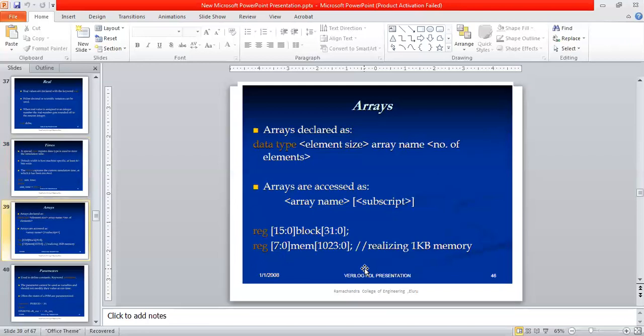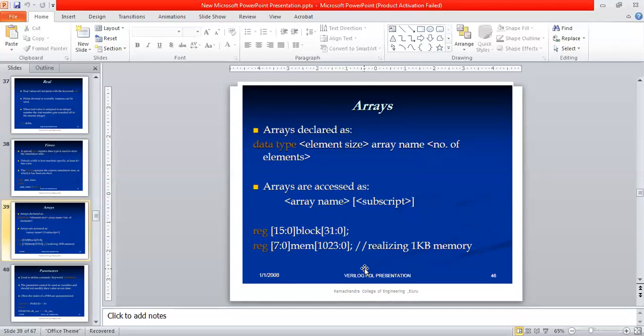And the next one is arrays. Already we know about arrays in our C language. Arrays are nothing but a group of elements belonging to the same data type. Similarly, our Verilog language has arrays, but instead of the declaration used in C language, it has another syntax representation.